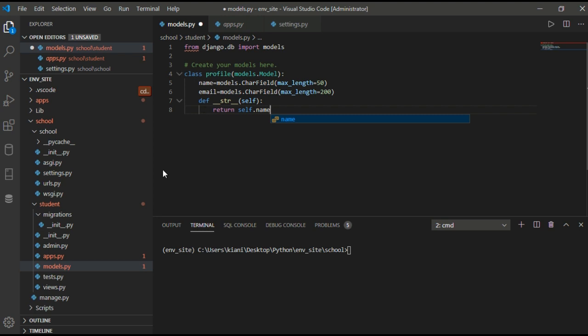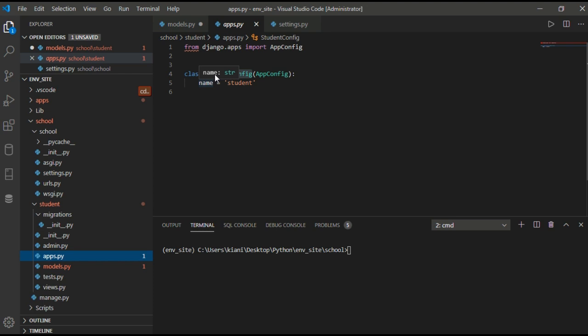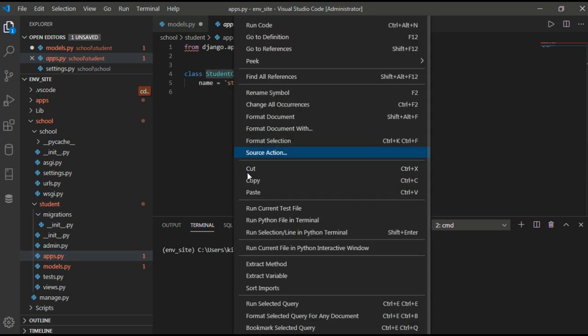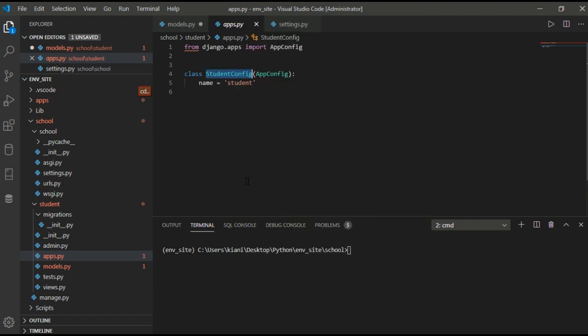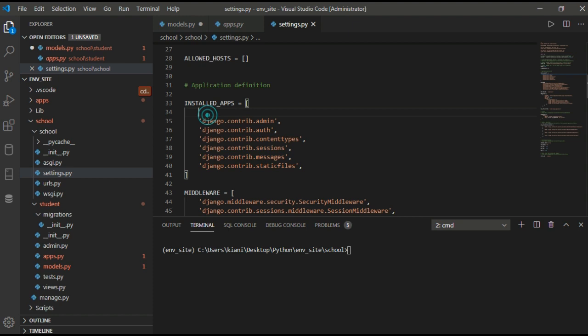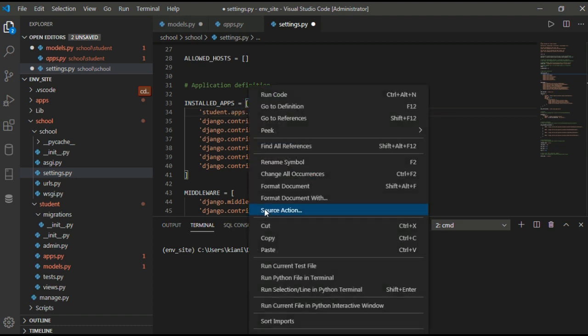Now we have to set this. If we go to apps.py, there is the StudentConfig class. Okay, so in the settings we have to input here student.apps. and we paste the class here.